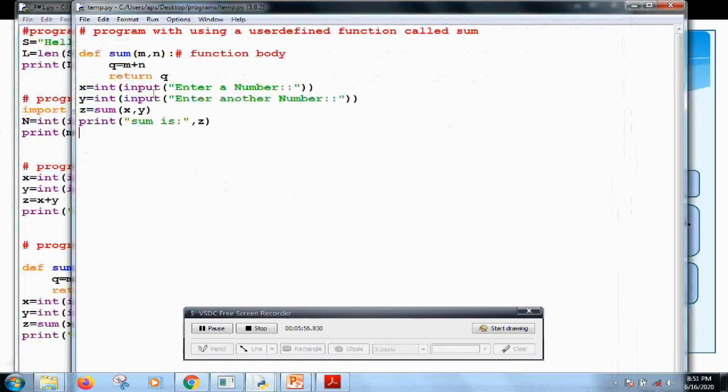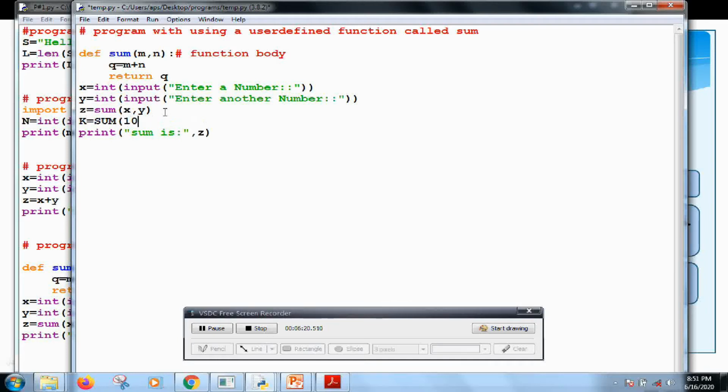So in this program I have created a user defined function whose name is sum, and these are the input values given to it, and it is calculating the sum of these two numbers. Then suppose I want to add two more numbers, I can use the same code here. For example, I can write k is equal to sum of 10 comma 15.